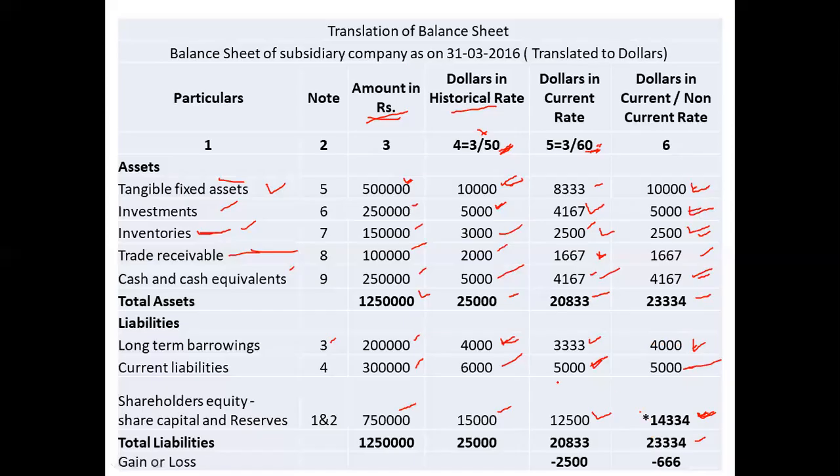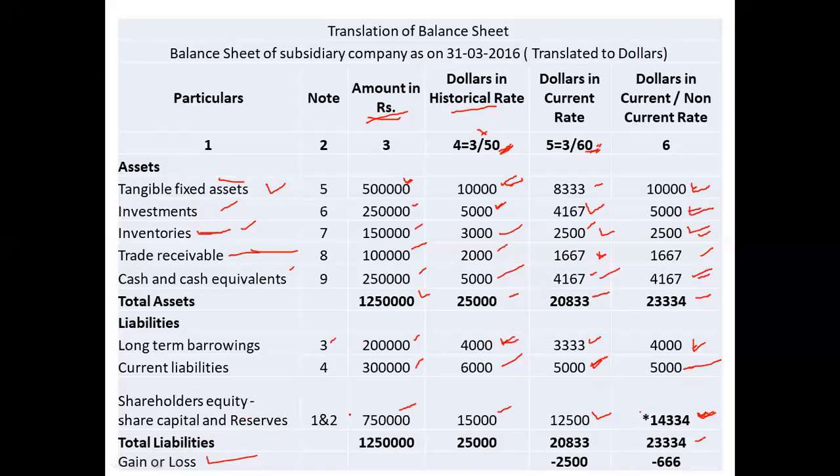14,334. Now the total liabilities amount is 12,50,000, in dollars at the historical rate $25,000, then dollars at the current rate 20,833, and dollars in the current and non-current rate 23,334. Now we have to calculate whether we get a gain or loss from this conversion from amount to